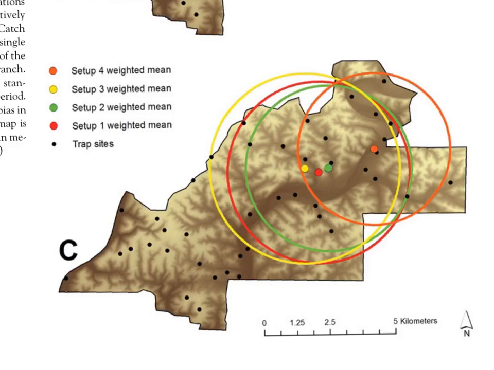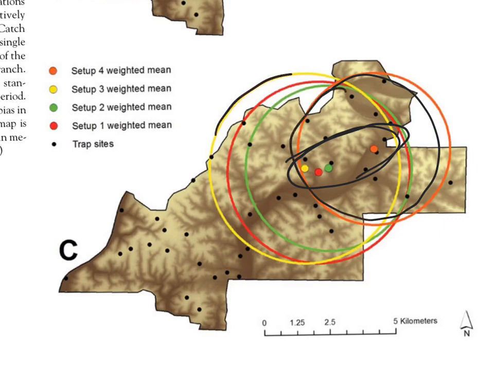And we can see the same story, the same information being provided here, and that our spatial means weighted are the same as they were in the last figure. But notice now we're just displaying standard distance as a circle. So we can't see any change in directionality, but we can see a reduction in the overall size of the standard distance circle in this time period compared to this time period. So the standard distance gives us a circle, and we can see that the dispersion was more concentrated in this setup 4 than in one of the other setups. So we still get information about dispersion when we weight these, but we don't get directionality that we saw in